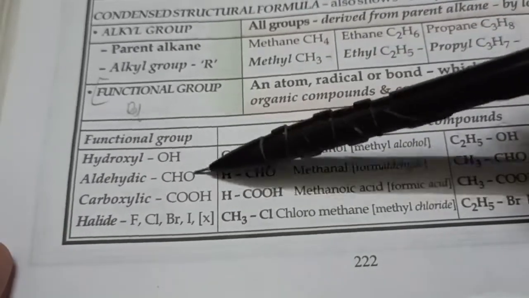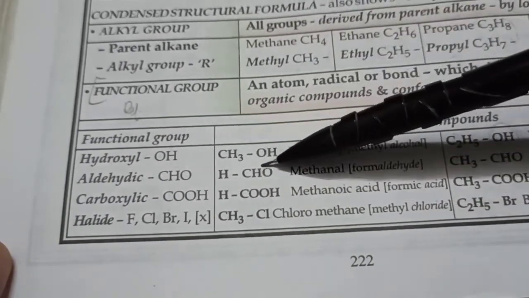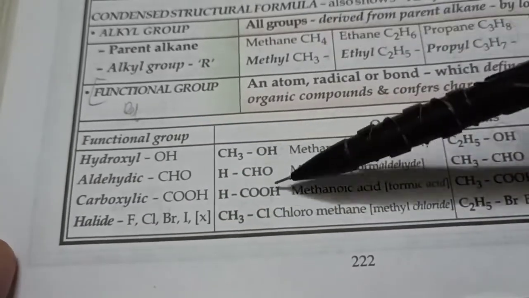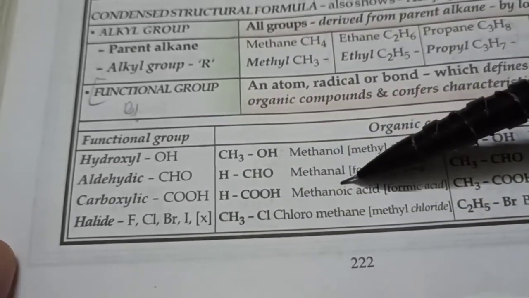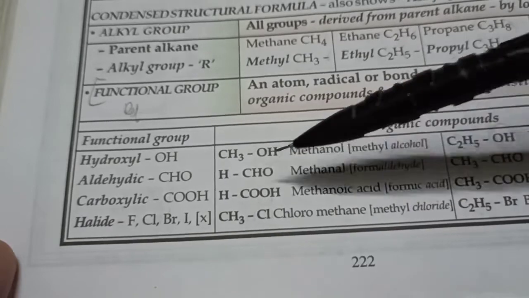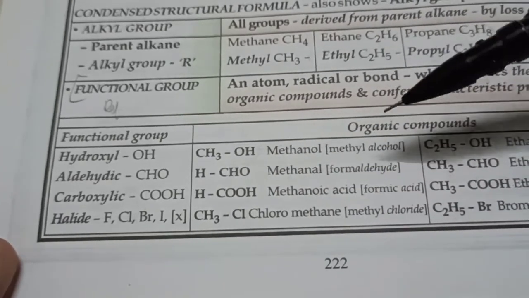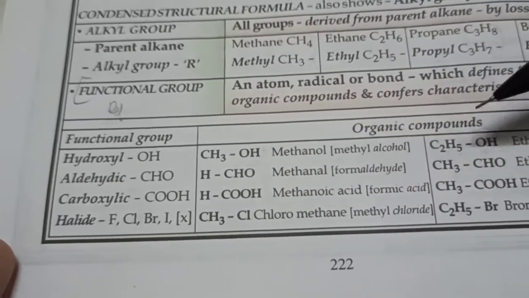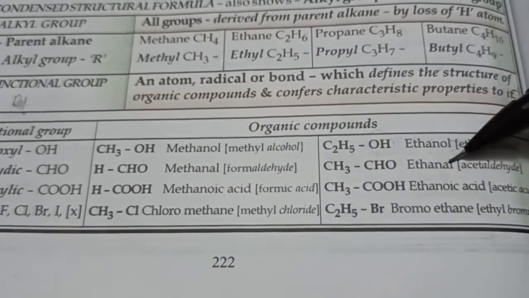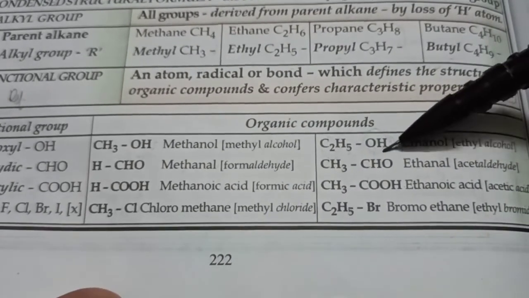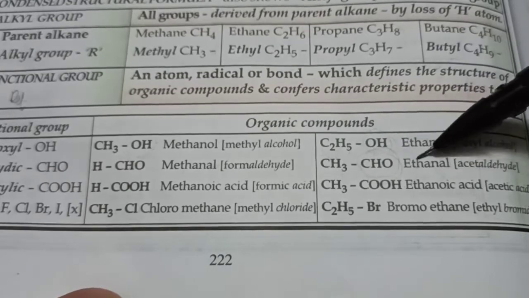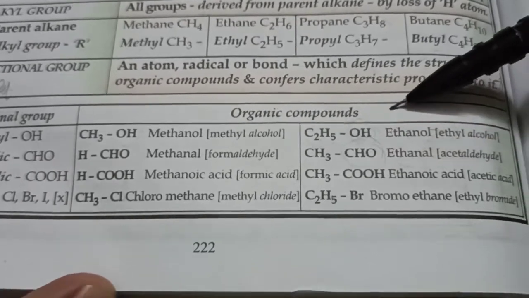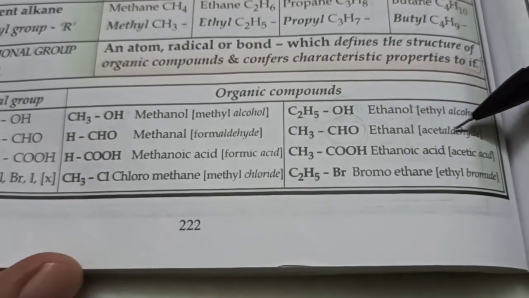Aldehydic group is CHO. Just remember this. Whenever you see CHO in any compound, it's an aldehyde. And the surname for this family is -al. So this will be methanal. Why meth? Because it is 1 carbon atom. Yeah, the common name is formaldehyde, by the way. This one is called ethanal. -al means it's an aldehyde. That is CHO is a functional group. And why eth? 2 carbon atoms, that's why. By the way, its common name is acetaldehyde.